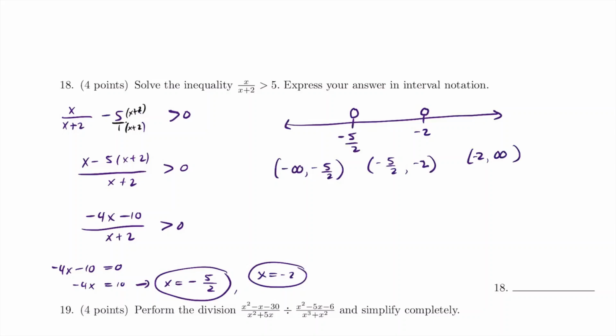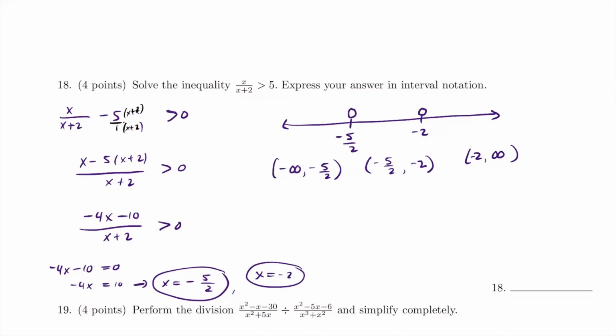Those are the intervals we're testing. So now let's pick test values on each interval and test them. In the first one, we can test negative 4. Then from negative 5 over 2 to negative 2, we can test